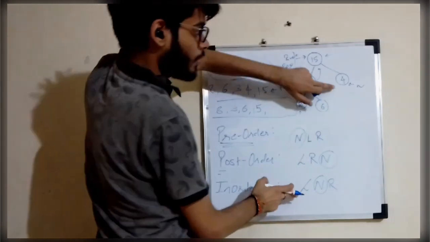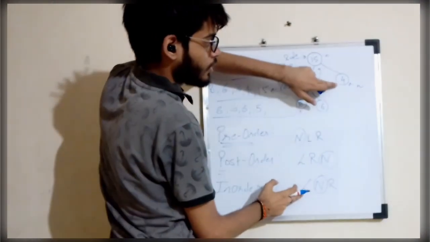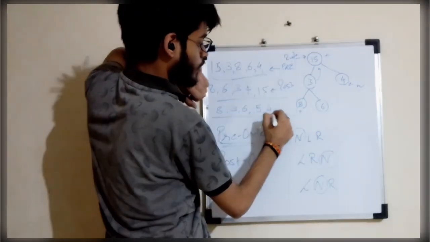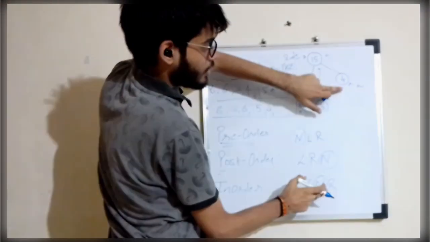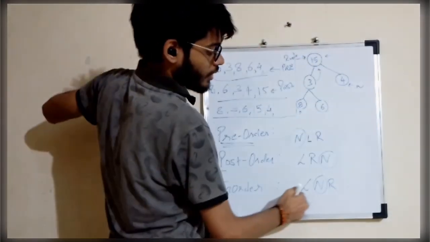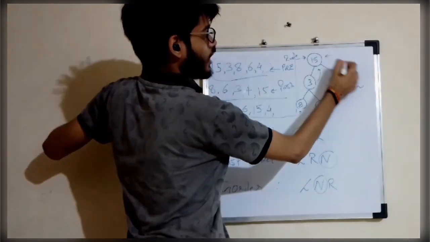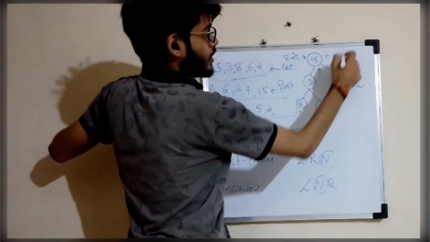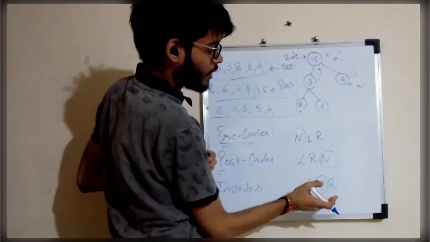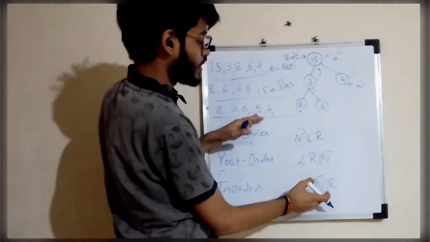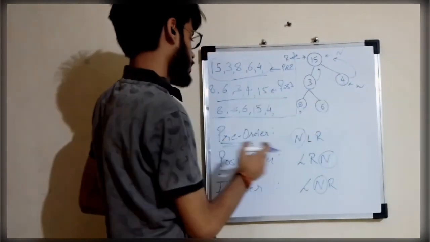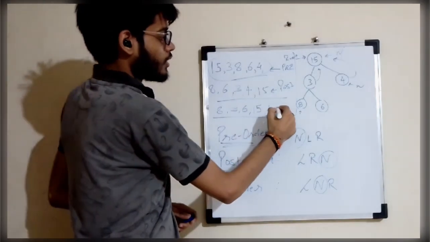So according to this formula, we have to visit the left side. Left is null, we won't do anything, and print the node, which is 4. And after that visit the right side, which is null, we won't be printing anything. After doing all the 3 steps, it will again come back to 15, which is our root. For 15 we have visited the left side, printed the node value, and also visited the right side, which is the 4. So this is our in order traversal.